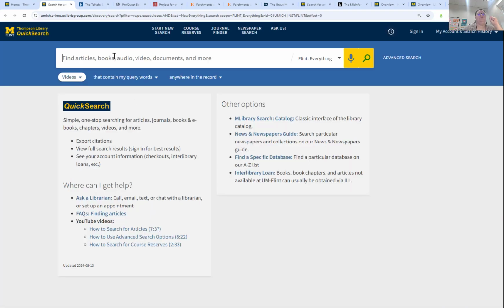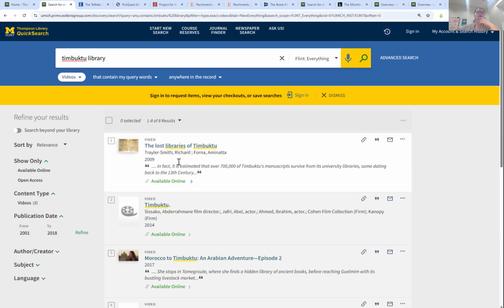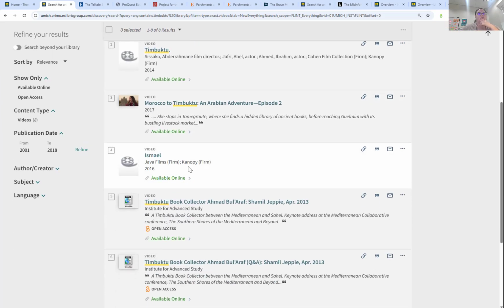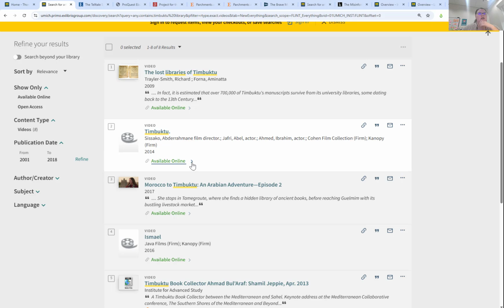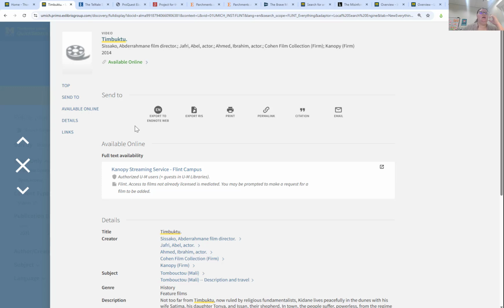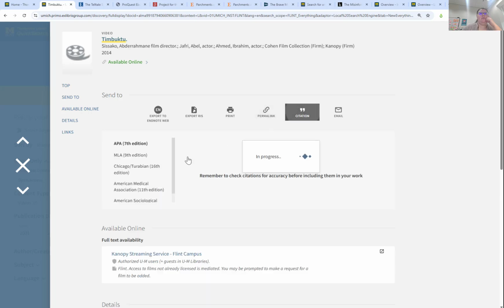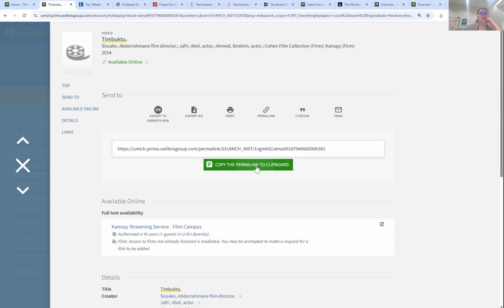And so here I can do a search for any type of video I want. The one that I came through, the Lost Libraries of Timbuktu, comes up, and anything that has Canopy will say that it has Canopy there, but there's going to be a lot of additional access through this. So for example, if I wanted to add this in, or I wanted to double check what this is, it's coming through Canopy Streaming Services, has all this description, and then again I would grab either the citation, which is great for creating that descriptive link, as well as the permalink here,